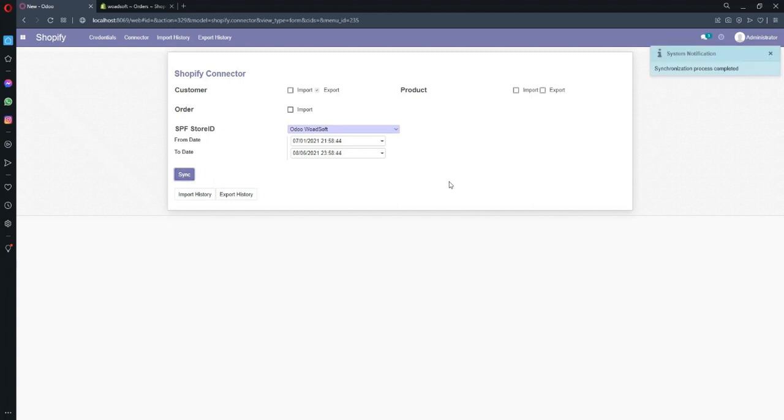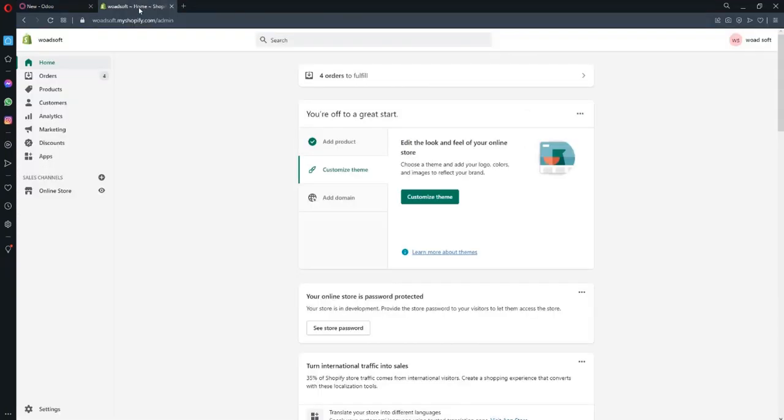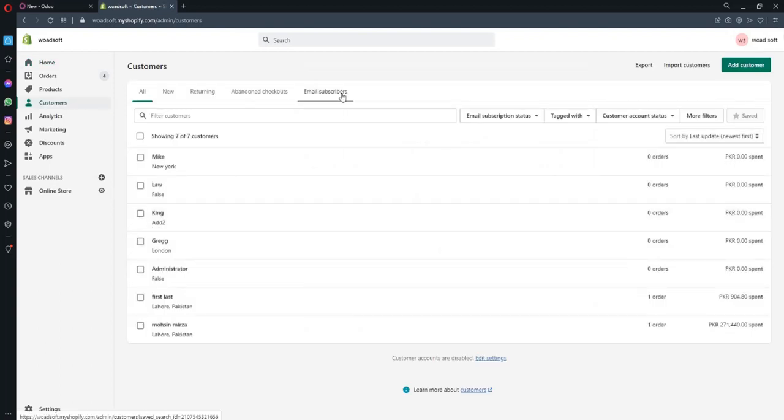It will synchronize the process, and I am going to my Shopify account, where I am already logged in. Go to the customers. As you can see, the contacts are successfully exported to Shopify.